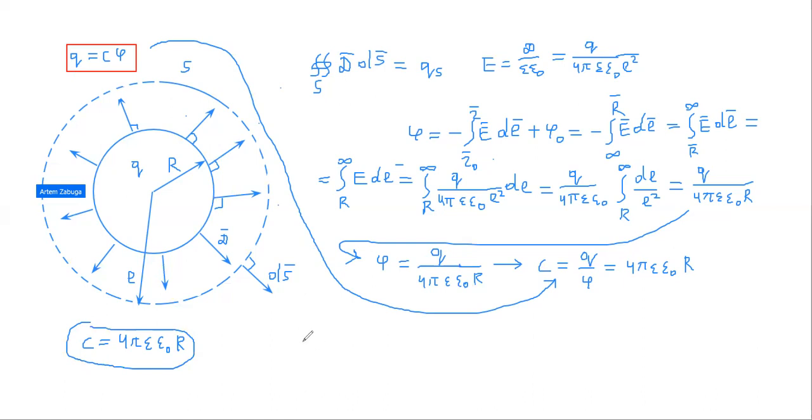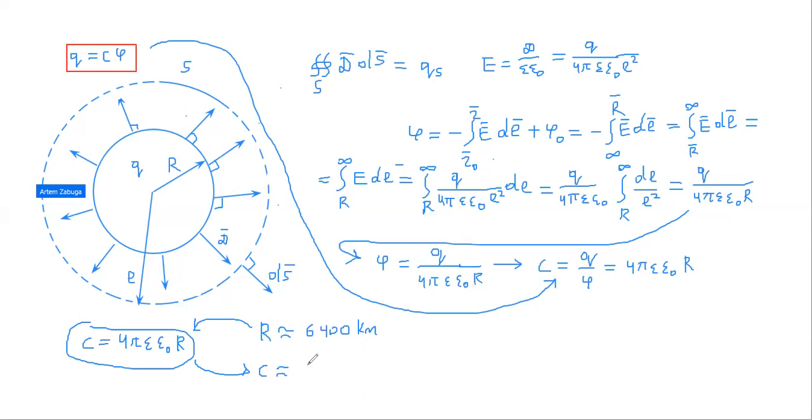The radius of the Earth is approximately 6,400 kilometers. If we substitute this here, for vacuum epsilon is equal to 1, we will get that C